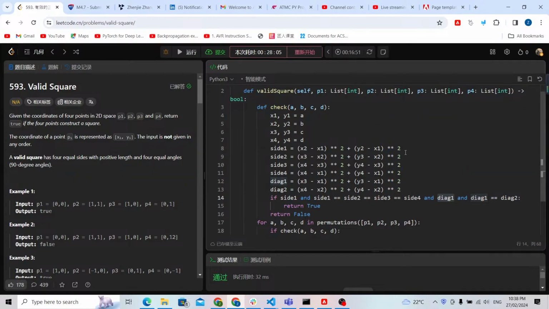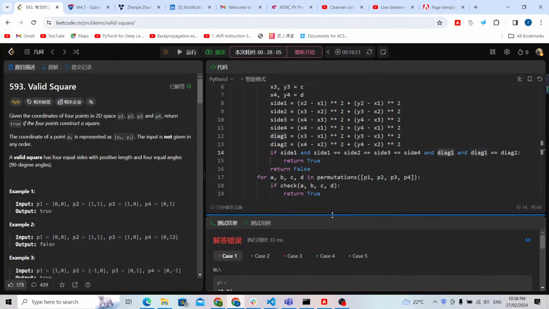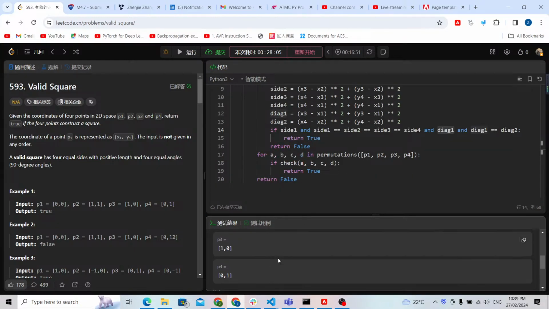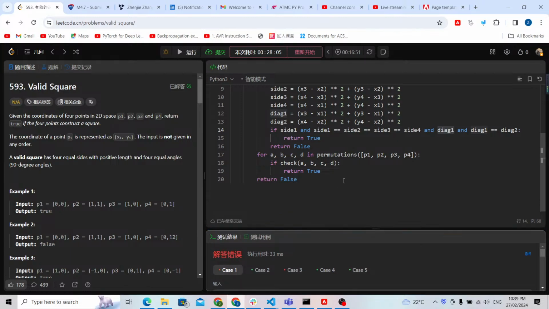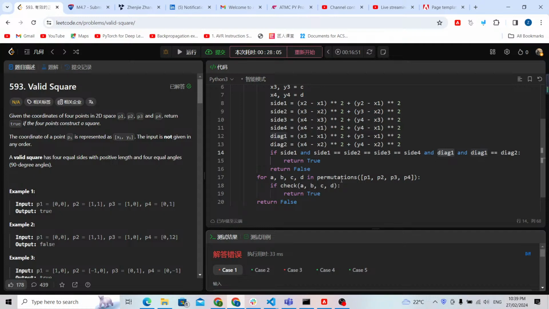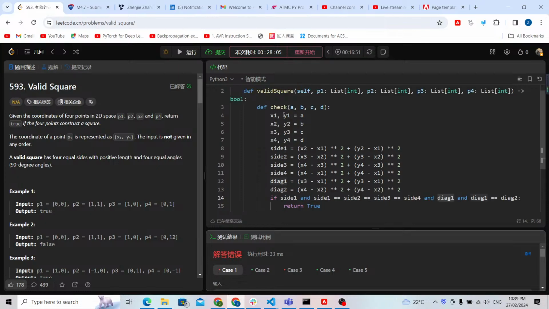Now let me just run it to check if it works. There's some mistakes. I believe it's because there is too much coding. Normally this is not what I expected for my first time coding, but I have to check if there is some typo. So let me check. For ABCD in permutations of that, if check, we return true. Otherwise, we return false. So this is